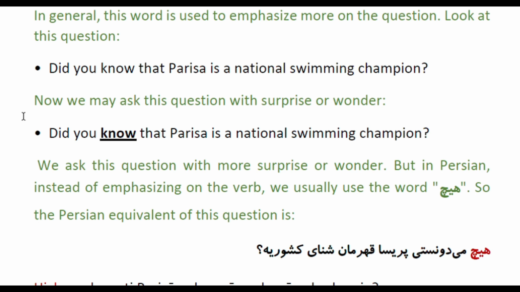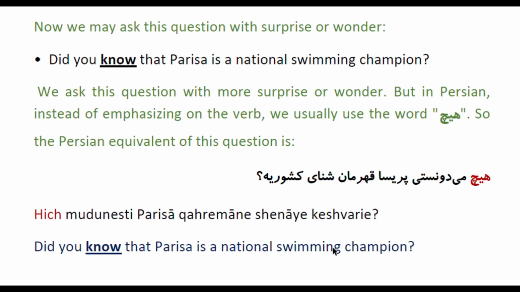But in Persian, instead of emphasizing on the verb, such as here know, did you know, we usually use the word hiç. So the Persian equivalent of this question is هیچ میدونستی پریسا قهرمان شنای کشوریه؟